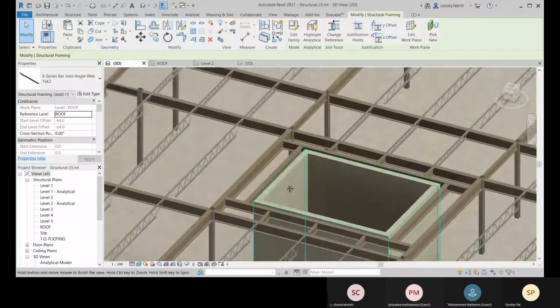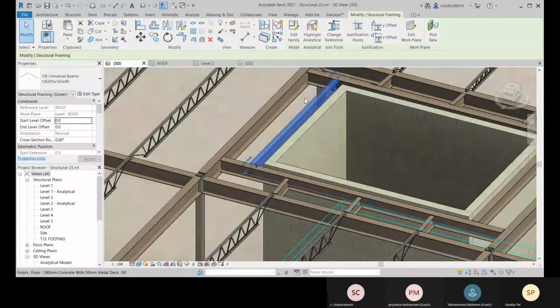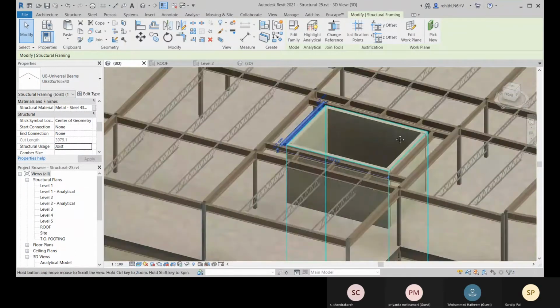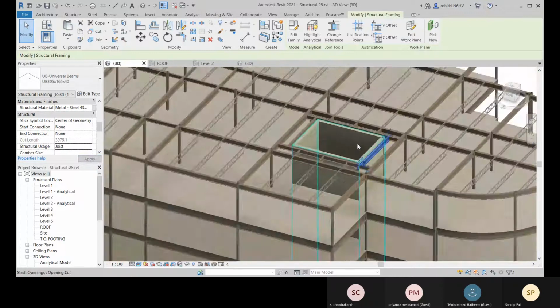And one more thing, this is also a joist. You will be defining it as a joist, not as a girder. So you select this, and within the properties palette you have this structural usage. So this one is joist, and this one is also joist.